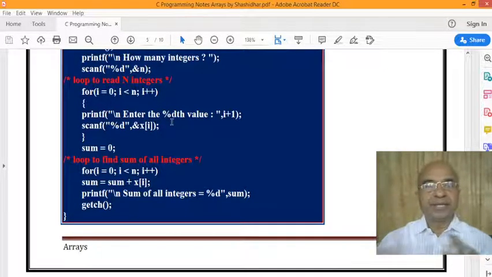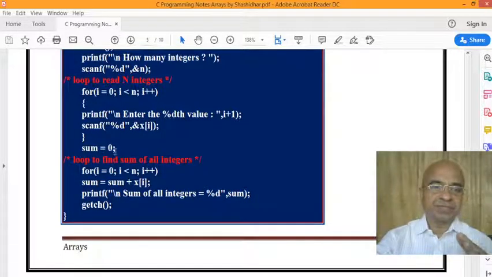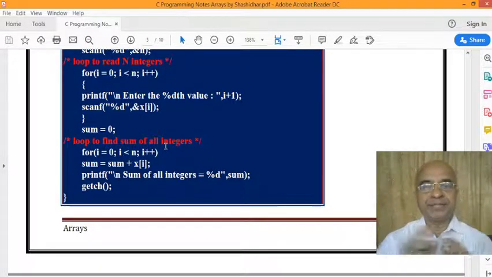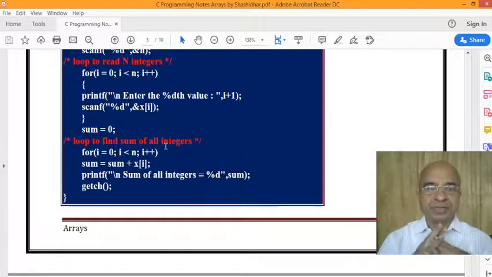This is to read n integers through the keyboard. And here we have initialized the value of sum: sum = 0. Next comes an important loop to find the sum of all integers. Here we see the for loop control structure, for i = 0; i < n; i++.